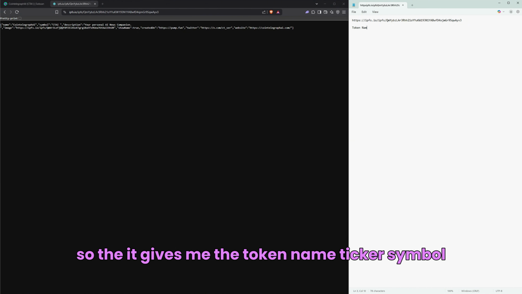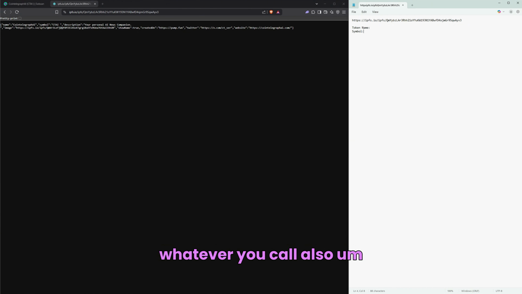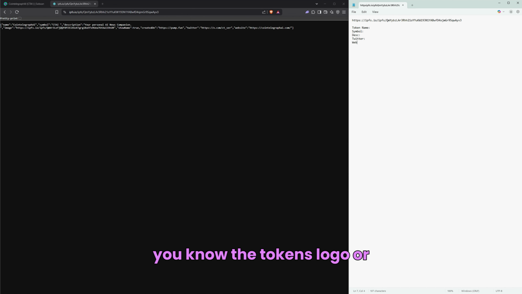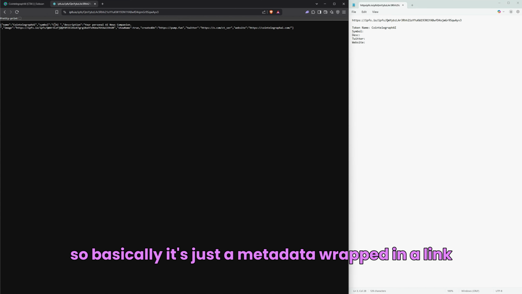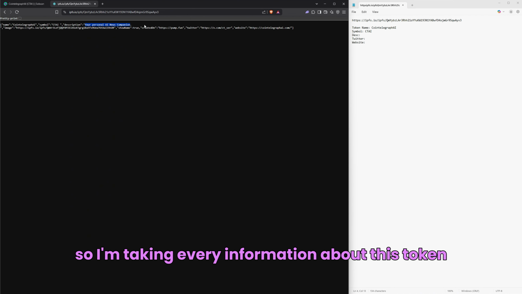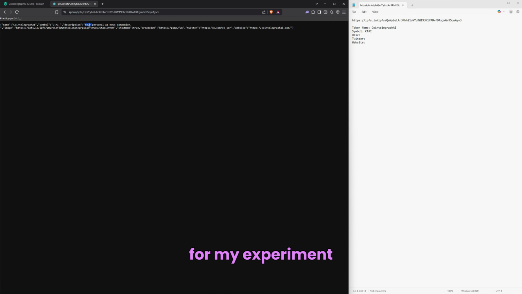So it gives me the token name, ticker, symbol, whatever you call it. Also, the description and socials, and most important, it gives me the link of the token's logo, or its icon, whatever it is. So basically it's just metadata wrapped in a link, alright? That's what IPFS is. So I'm taking every piece of information about this token for my experiment,